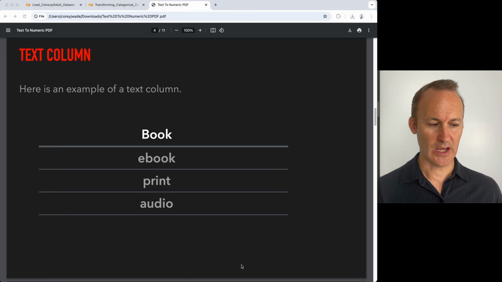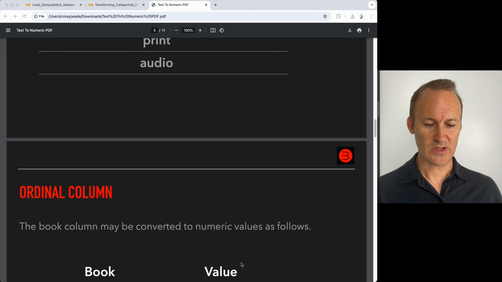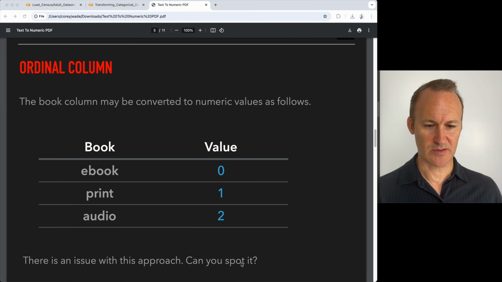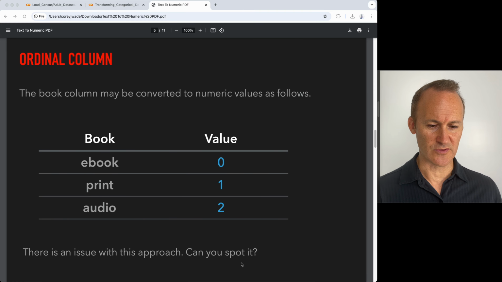Now you might think, okay, how can I convert this column into a numerical column? Well, one standard approach might be to simply give them values starting with 0 and then counting upward. And so in this case, every row that would have ebook would go to 0, every row that would have print would become 1, and every row that would have audio would become a 2. Okay? So this is an ordinal column because it is in fact ordered,